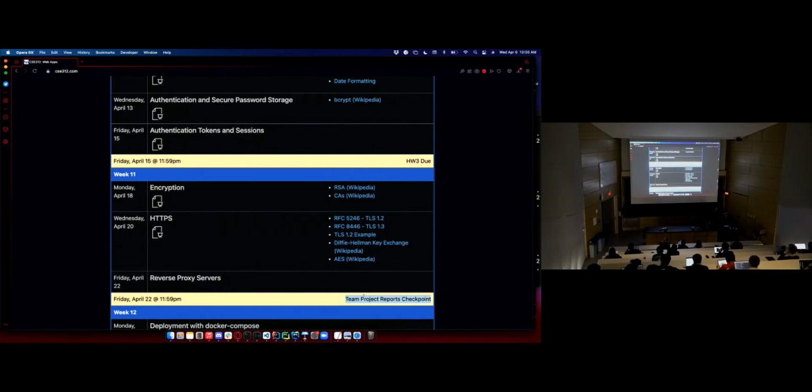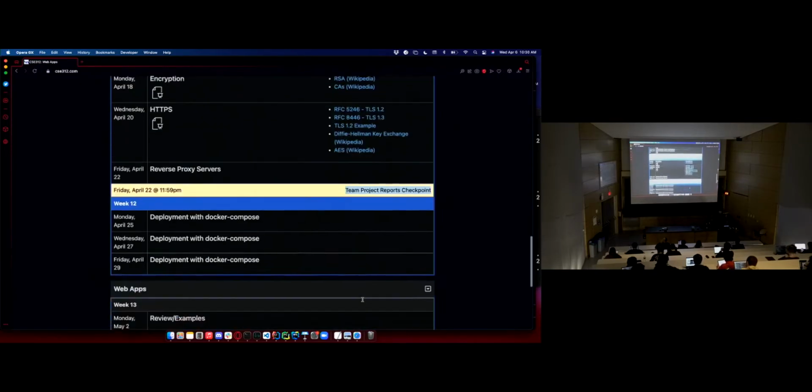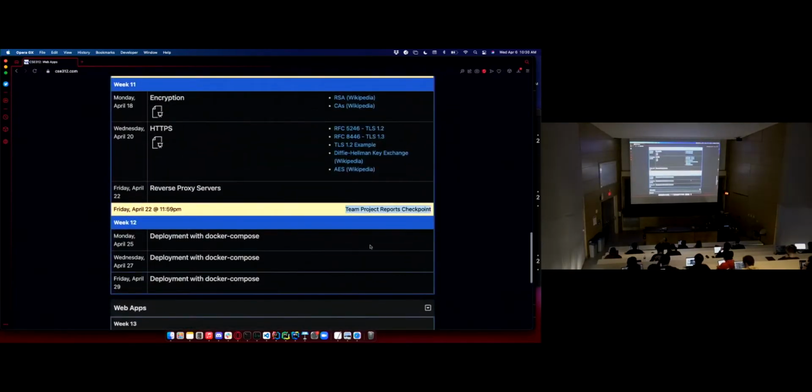So if you are doing reports, by the way, a lot of teams just don't do reports and use only homework legal code. But if you do have reports, the TAs are going to give you feedback on your reports after this checkpoint, and that'll be done by the same TA who's going to grade your final project. We'll be consistent with those TAs. So any feedback they give you, if you incorporate their feedback, they're going to be judging you on the same criteria. There might be slight differences between how the TAs grade. There shouldn't be. We do our best to eliminate that. But if there are, they're going to be the same TA grading your project. So if you satisfy their feedback on the checkpoint, you'll get full credit for the reports on the final project deadline. So this is strictly to give you feedback.